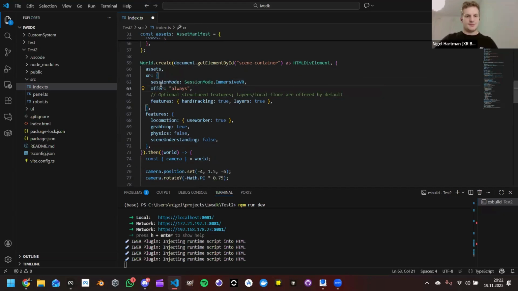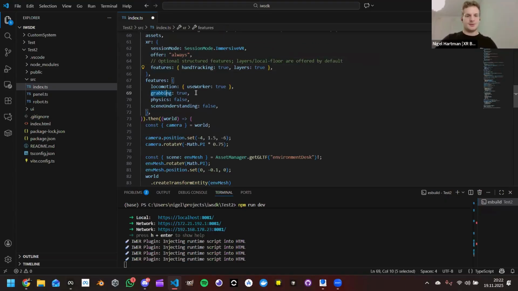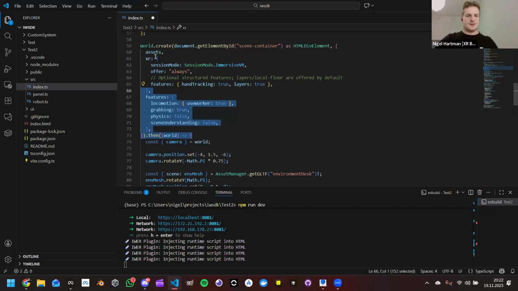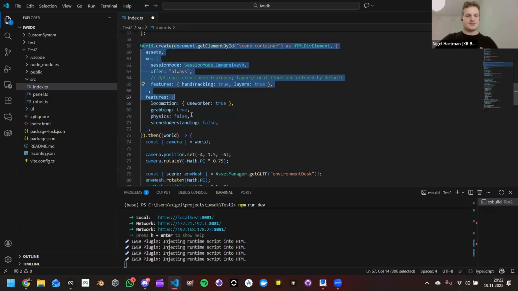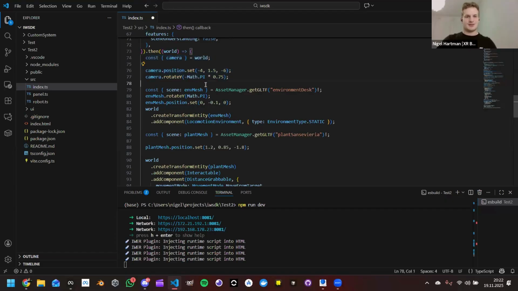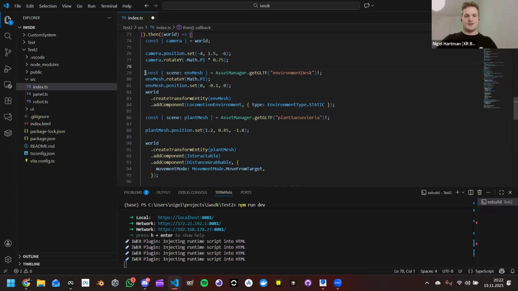Then you have features like hand tracking and grabbing for the plan, for example. And that's like all the things you need to have before starting the scene. And if the scene is starting, you basically create a camera. You usually don't need to change anything at this point because that's just the standard camera for the VR environment. And then the scene is actually added